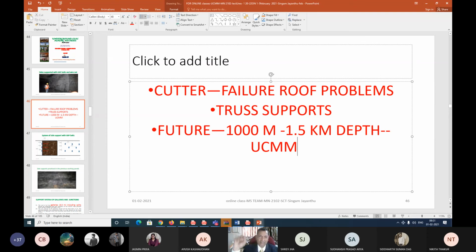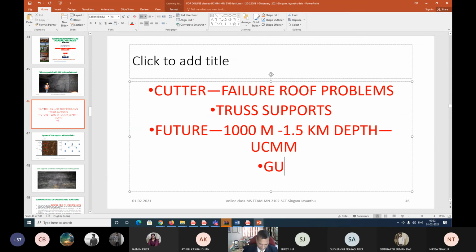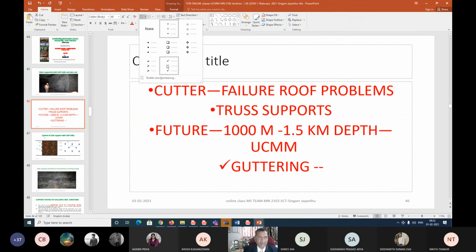When you write the name, even in Google, you will get a lot of information: what research, what investigations, what types of underground coal mining methods, stress relieving techniques, you note down. Stress relieving techniques were also used where high horizontal stresses were there, which is also called guttering. In these conditions we are already seeing this type of situation, but unable to do even at this present depth of cover itself.